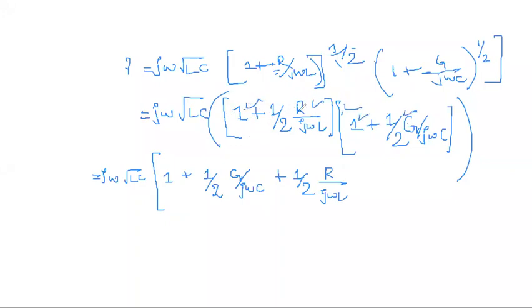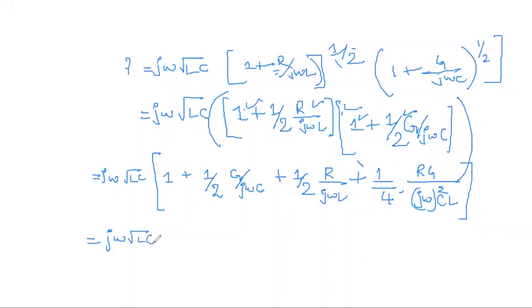Then you have half into R by j omega L multiplied with half into this, which will be 1 divided by 4. This is RG divided by j omega C L. This will be whole square, which is equal to, again, j omega root LC